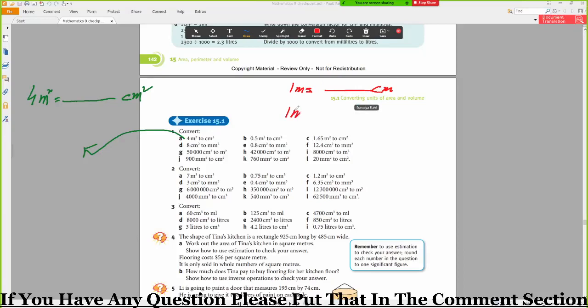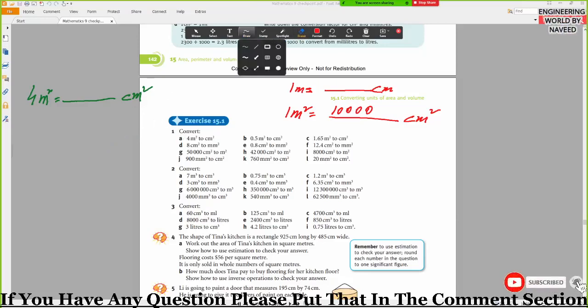Okay, 1 meter square will be equal to how many centimeter square? 100 square, so that will be equal to 10,000. Acha, if you want to convert this meter square into centimeter square, so इसको आपने